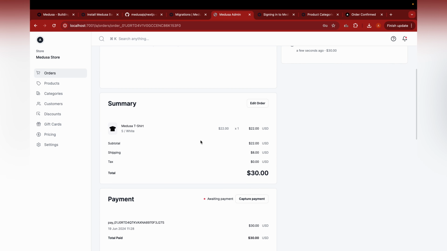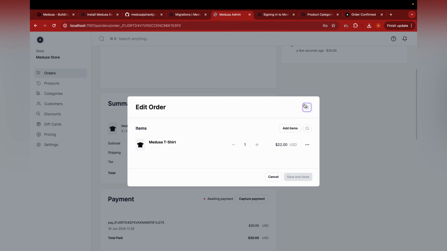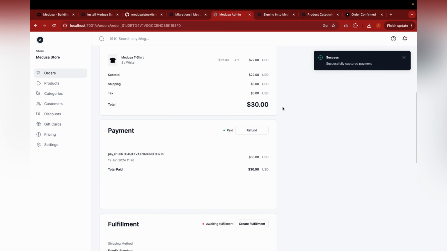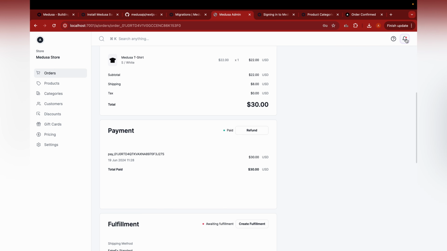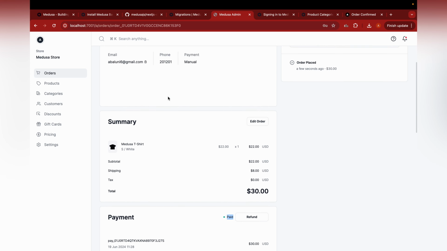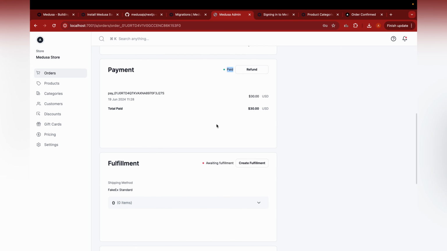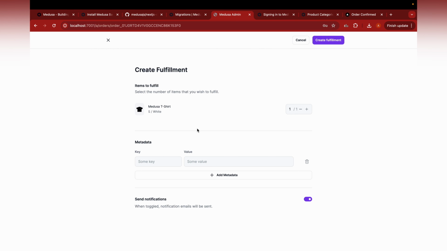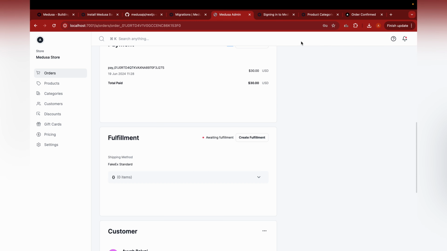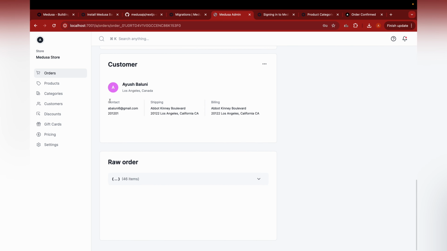From here we can either edit the order, we can capture payment, and see, the payment has been captured. Once the payment is captured, it marks the payment as paid, as the capture means that the amount has been received by the admin. So we can initialize a refund, we can create a fulfillment,